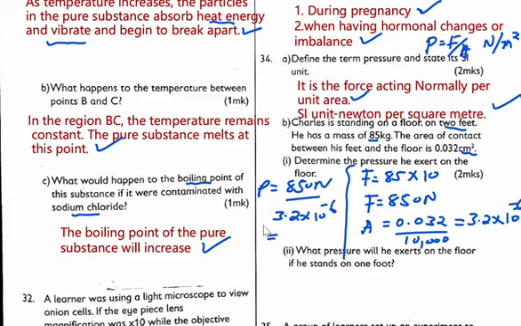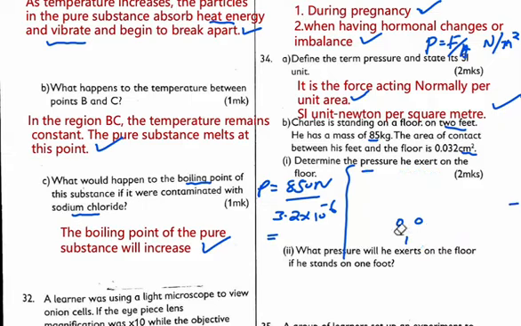When you divide these two, the answer is very big. There's no problem. It is very, very big, but we're going to write the answer. So if you divide these two, the pressure will be